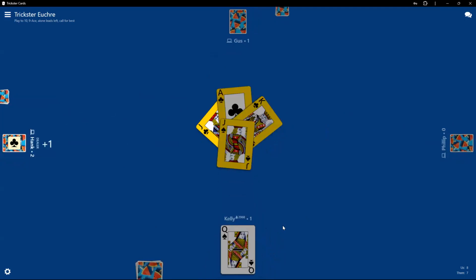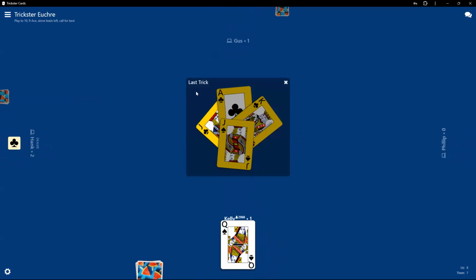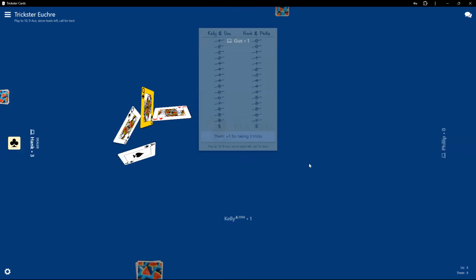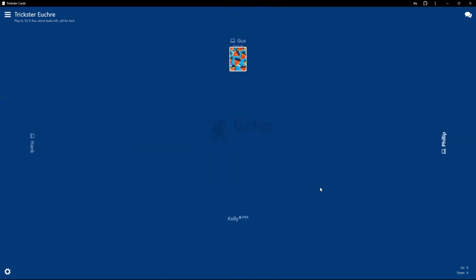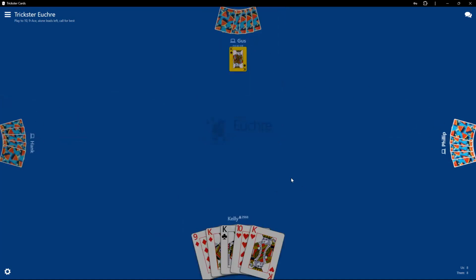By the way, if you ever want to see what happened in a hand, you can go over and click on it, and it'll bring right out to the middle and show you what the last trick was. You can't go past one, but you can go back and think, what happened there? Then you can go back and see the last hand played. This is getting a little edgy, stressful, whatever word you want to use. What a crappy hand that is.